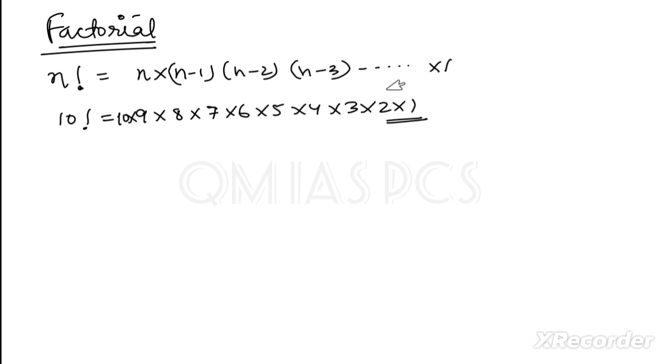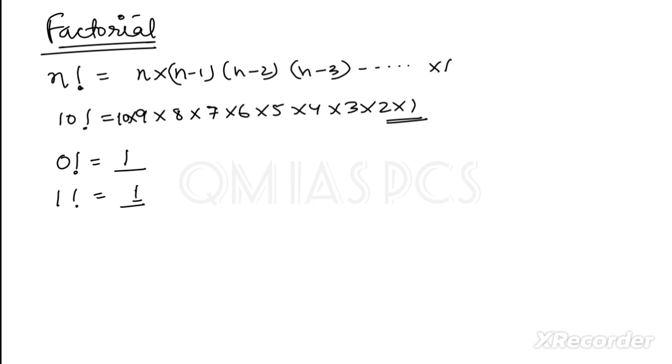A few things you have to remember: 0 factorial will be 1 and 1 factorial is also 1. Don't try to equate them by thinking that if the right side is equal then the left side should be equal. Just understand that 0 factorial is equal to 1 and 1 factorial is equal to 1. And one more thing: